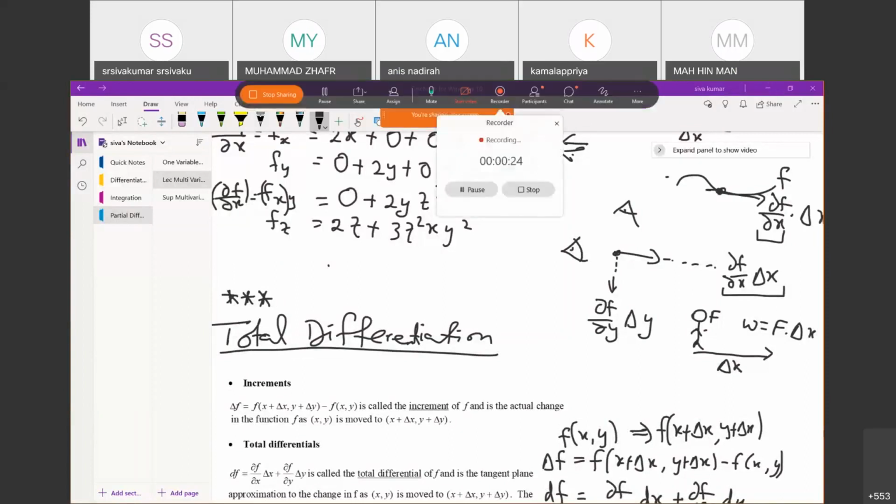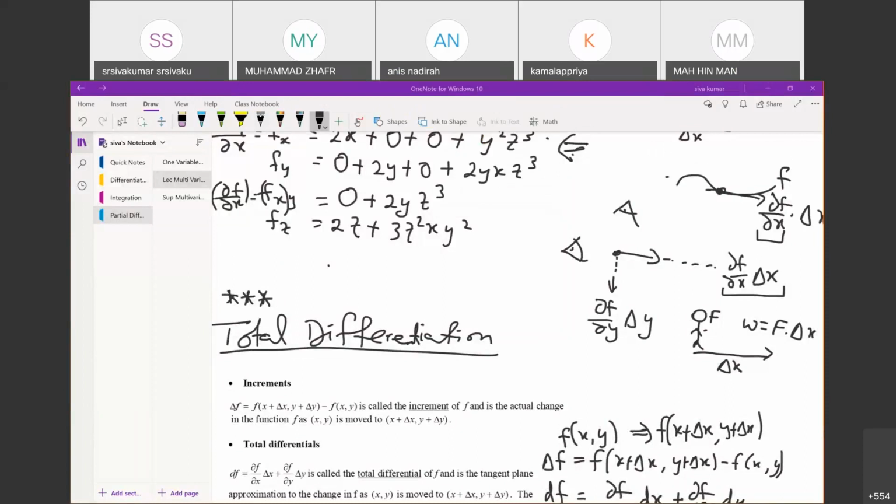Similarly, when you do total differentiation, it is a combination of various ways of perceiving the dimension. You are perceiving the dimension from different angles. One way is that I'm seeing from this direction, and another way is looking at this. Can I combine all together? Yes, you can combine. Look at this. This is x. Okay, df dx.